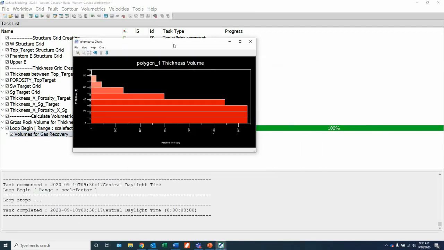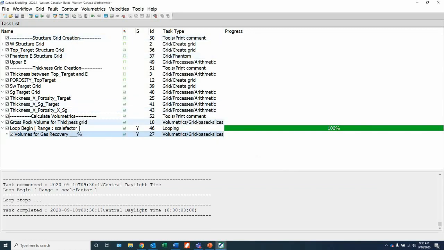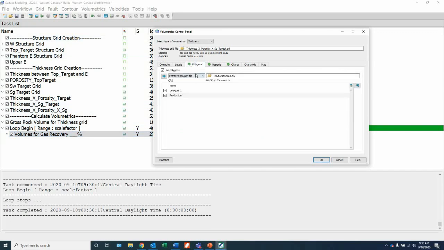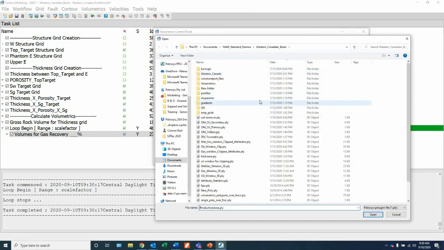And so what we'll see is, oh, in this case, I've run it on the total field area. So let me change my polygon situation here. I've gotten it for the full field area. Now I want to get it for just my individual lease areas. So Petrosys polygon file. And it's going to be,